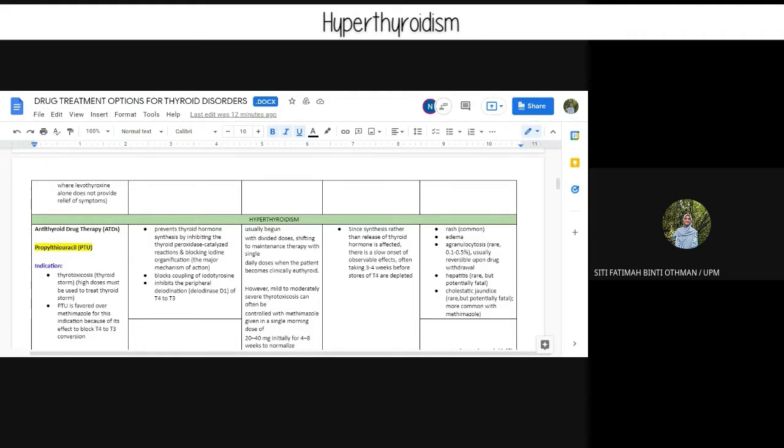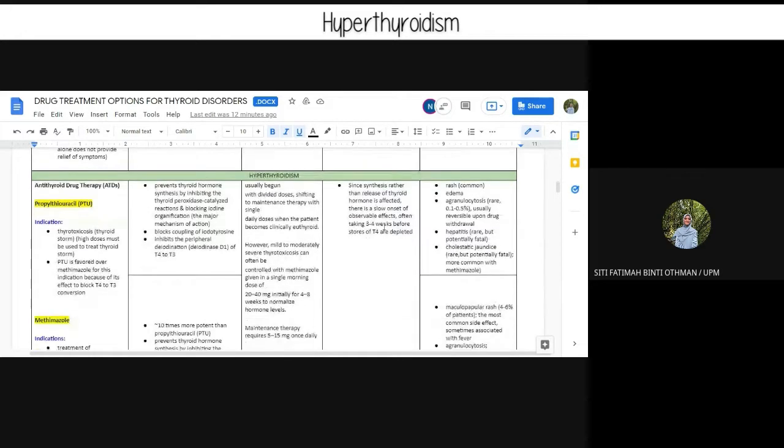The first one is propylthiouracil (PTU). The indication for this drug is thyrotoxicosis, which is thyroid storm. A high dose must be used to treat thyroid storm. This PTU is favored over methimazole for this indication because of its effect to block T4 to T3